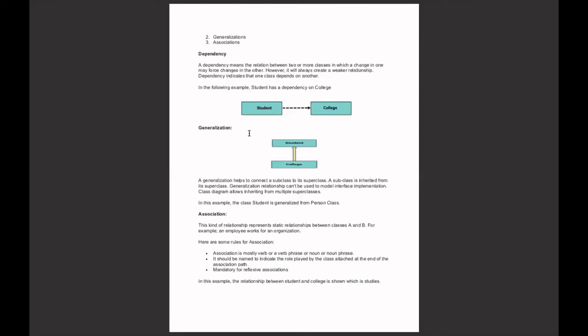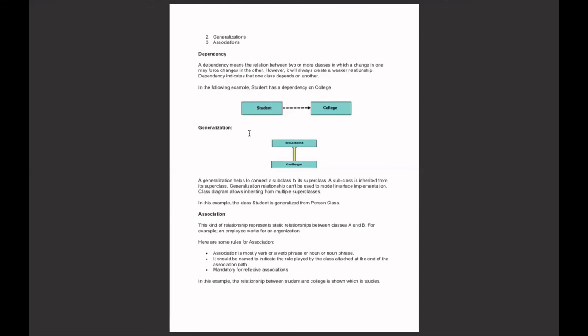Often, but not always, the child has attributes and operations in addition to those found in its parents. An operation of a child that has the same signature as an operation in a parent overrides the operation of the parent.